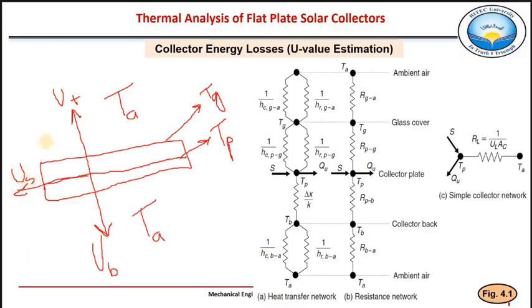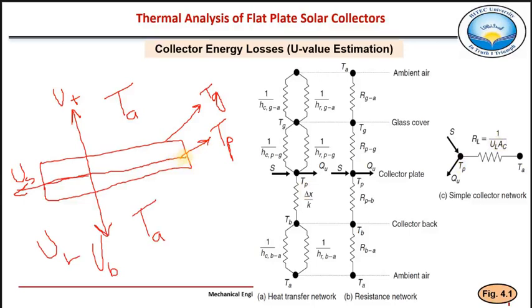Okay. And the summation of these three, UT plus US plus UB, is represented by UL, the overall heat loss coefficient, which is shown here. Okay, so now